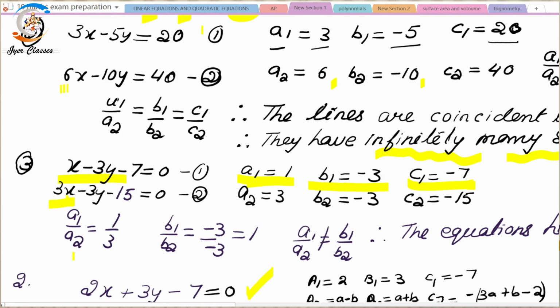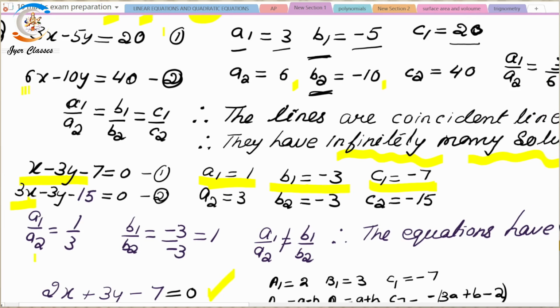So a1 by a2 is 1 by 2. b1/b2, जब अपन कैलकुलेट करते हैं तो वो भी 1/2 आती है. c1/c2 is also equal to 1/2. सो इसका मतलब ये हुआ कि a1/a2 is equal to b1/b2 and that is also equal to c1/c2. इसका मतलब the lines are coincident lines, यानी एक दूसरे के ऊपर होंगे और they will be having infinitely many